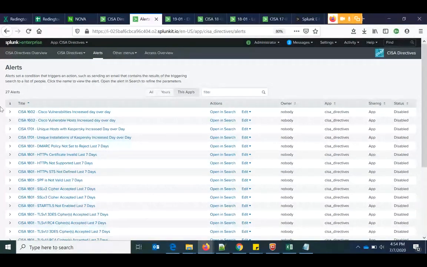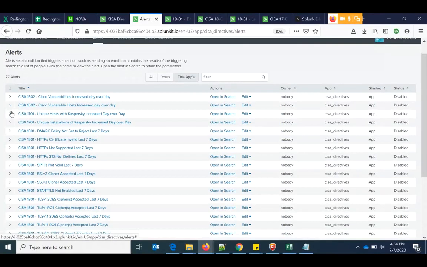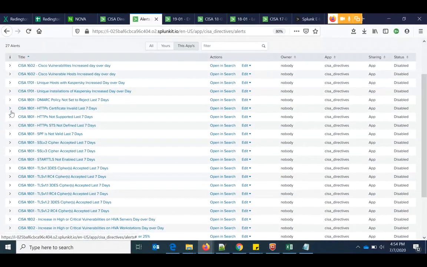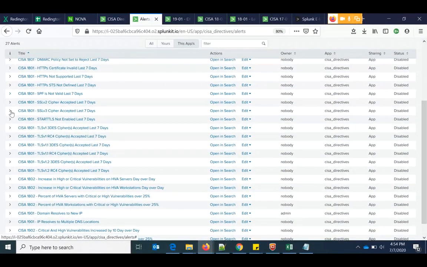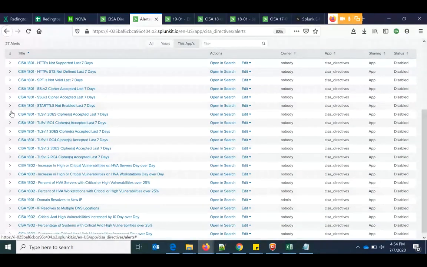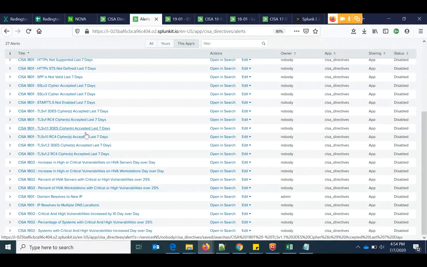These alerts detect both undesirable trends, such as an increased number of vulnerabilities, and day-over-day changes indicating unapproved configurations have occurred or increased. So all those use cases are configured in the form of an alert,